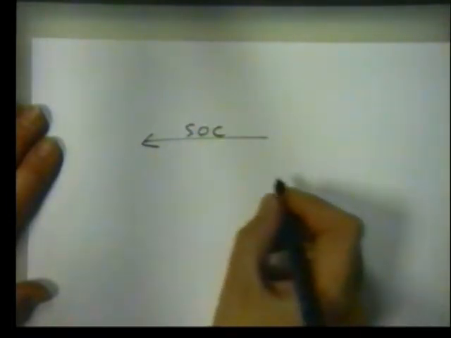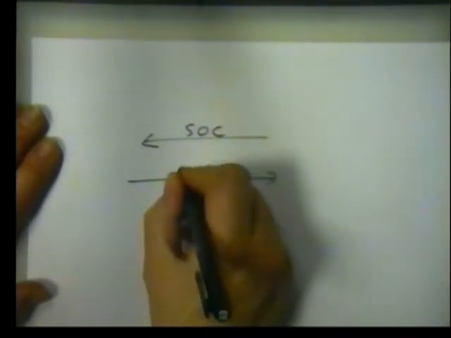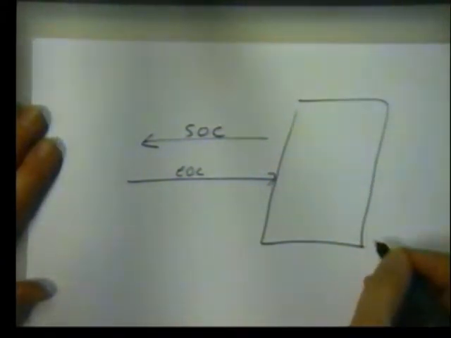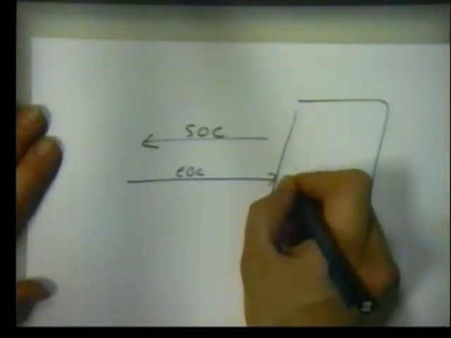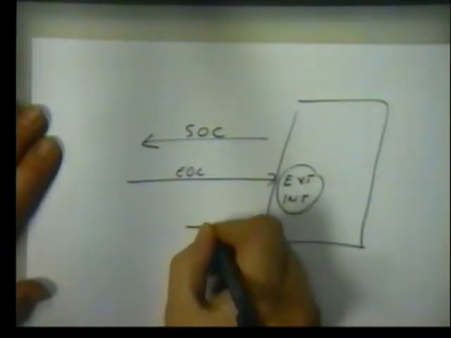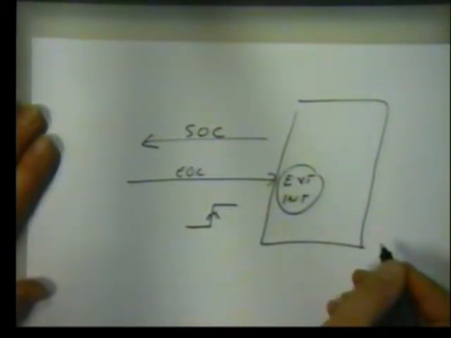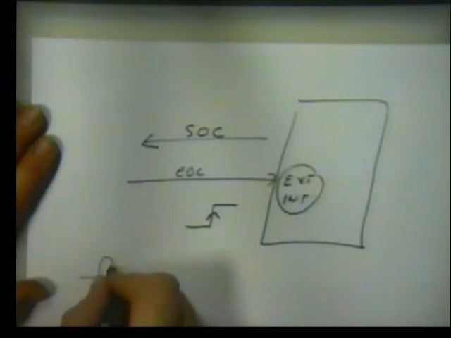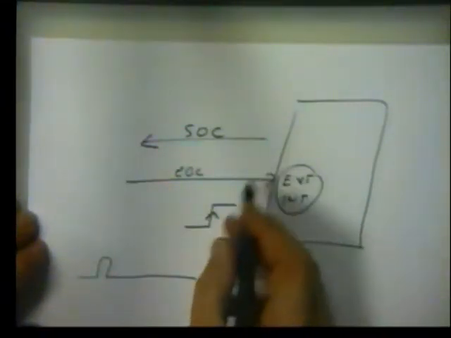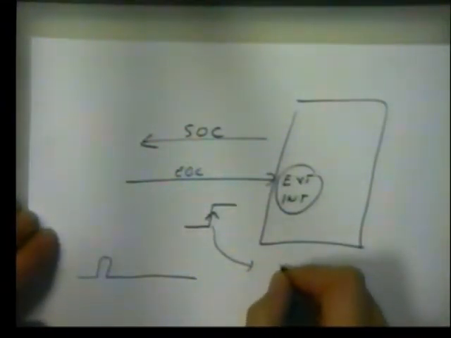We'll have start of convert comes out, and the end of convert, instead of going to an input pin, we take it to the external interrupt instead, and we say that will be rising edge sensitive. So now we can output our SOC and go away. We can do something else. And we can rely on the external interrupt that will be generated when the EOC occurs to signal us to go to our get